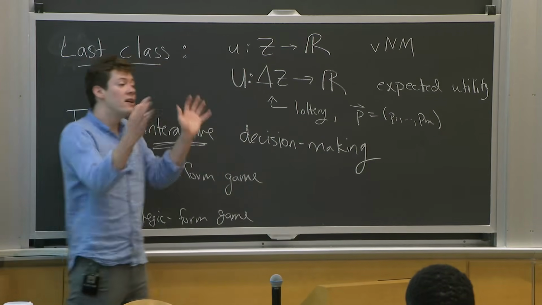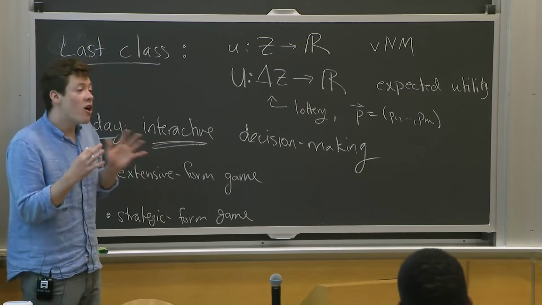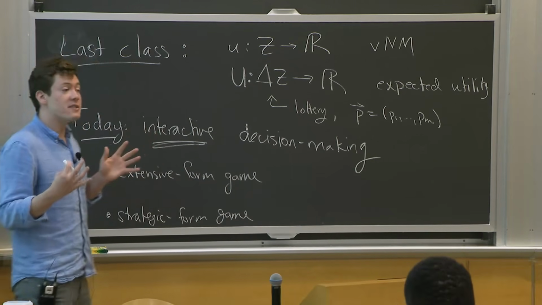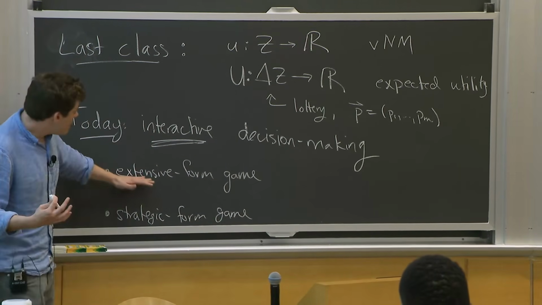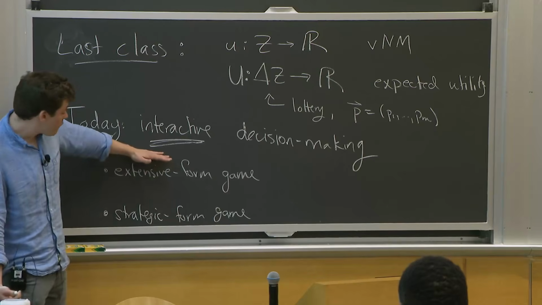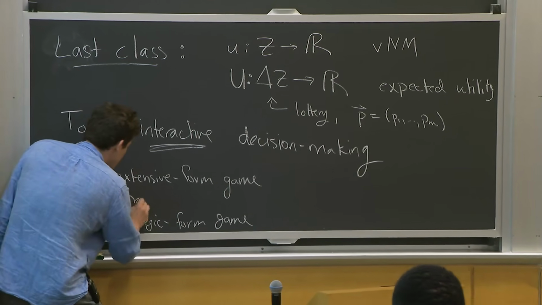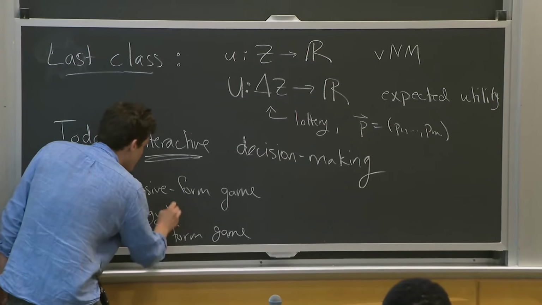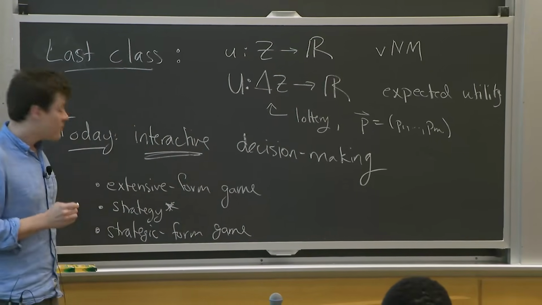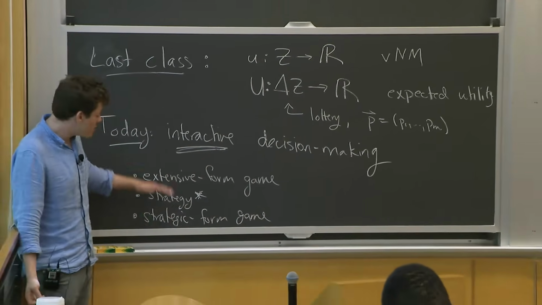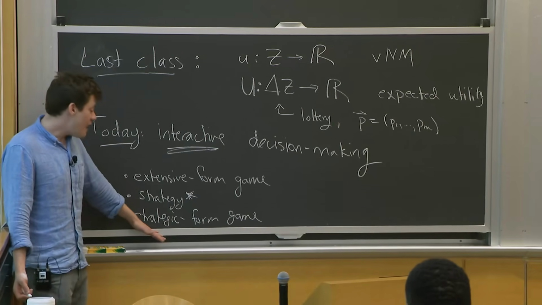And it throws out some of the details that are not explicitly relevant when we're analyzing the game. And the key way that we jump from an extensive form game to a strategic form game is the notion of a strategy. And I think this is the single most important definition in the course. So after we talk about extensive form games, we'll define what a strategy is, and then we'll move to strategic